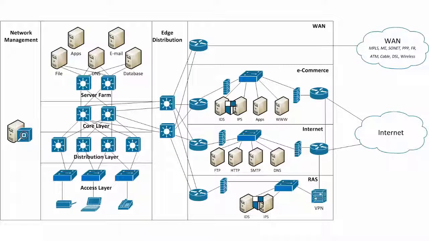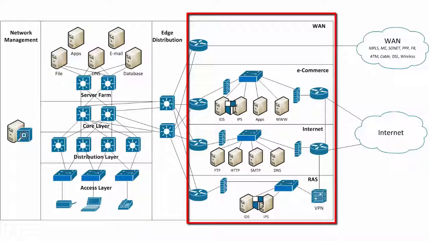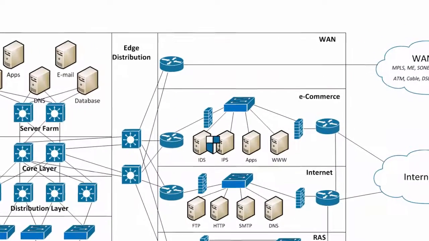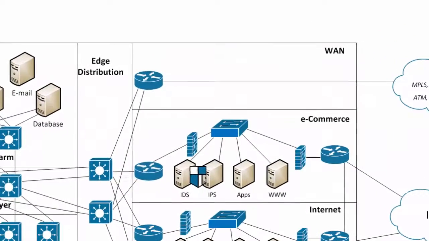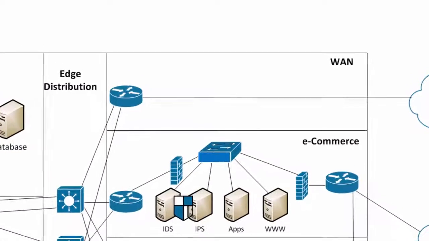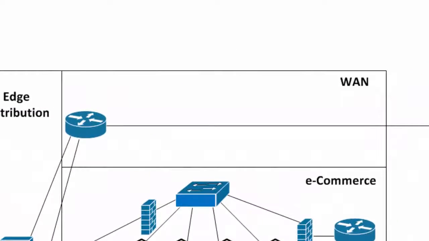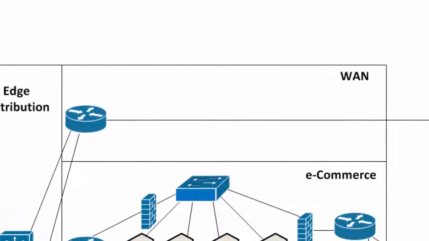The enterprise edge represents a large block, or it could be several blocks of equipment. This large module is typically split into smaller blocks, each with a specialized functionality. Here are the following components you will find in an enterprise: the WAN block for branch offices and remote access connectivity,